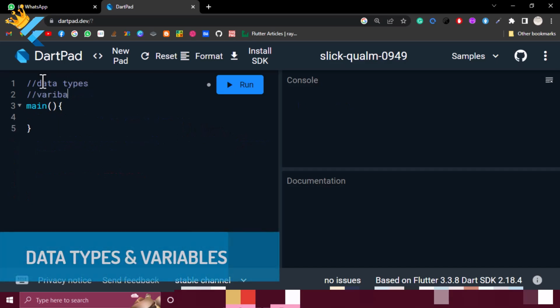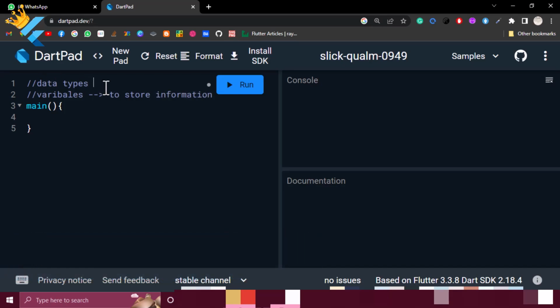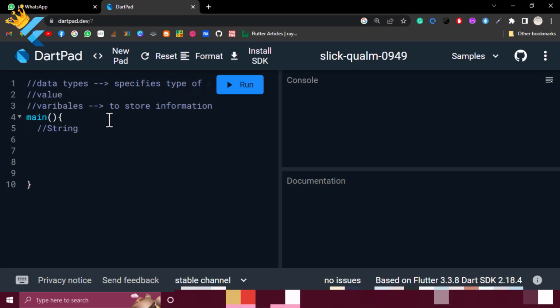Now let's jump to the data types and variables. Variables store some information, and data types specify the type of value you are storing in that variable. Data types are: string, single quotes or double quotes; integers, int, whole numbers; bool, which is boolean, true or false; double, which carries decimal values;